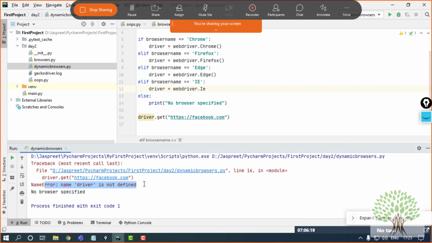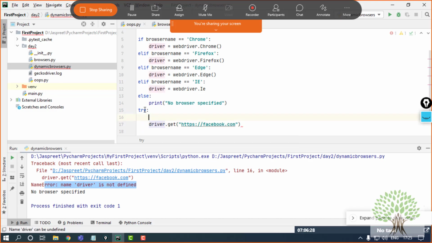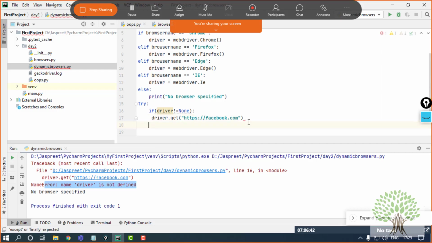Driver is not defined. So what I can do is, whichever script I want to test, I can keep it in the try block and say that if driver is not equals to None, then only run the script, then only execute these commands.